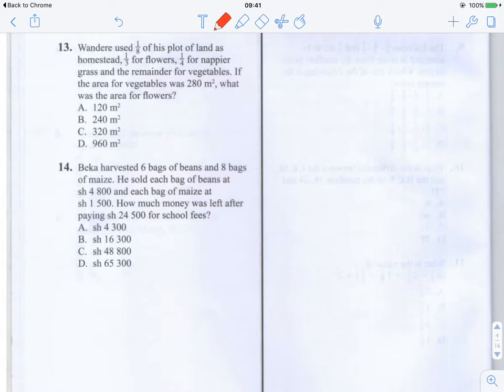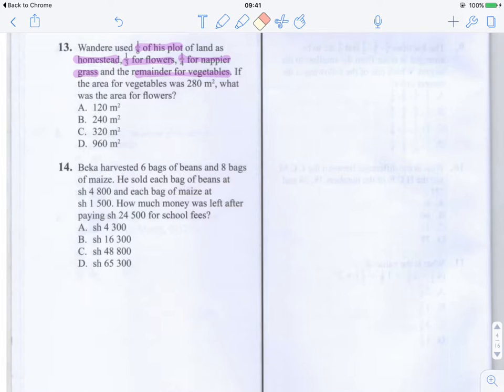So we're told... The best thing to do in this kind of question is to highlight the key information that we're given. An eighth of the plot is used for homestead, a third for flowers, a quarter for Napier grass, and the remainder for vegetables. We're not told exactly what proportion is used for vegetables, but we can work that out by doing 1